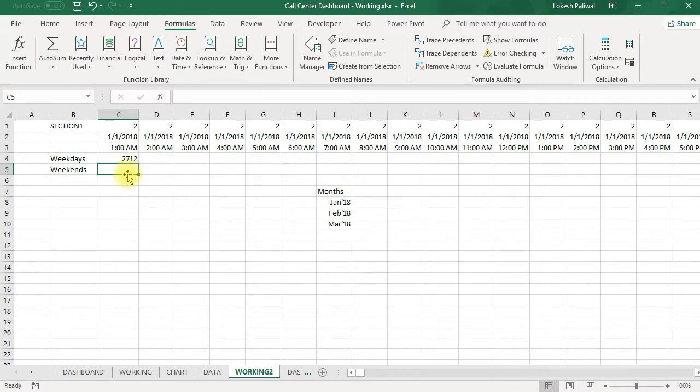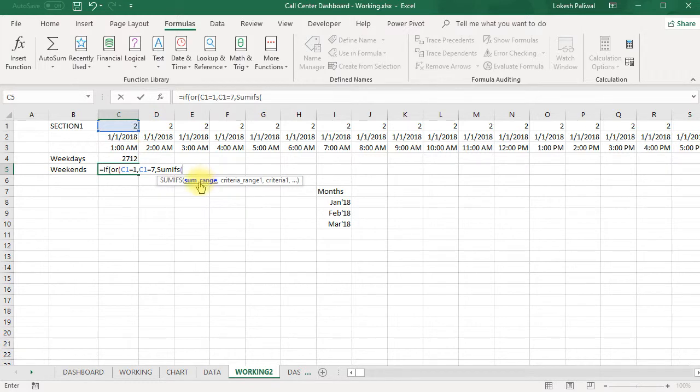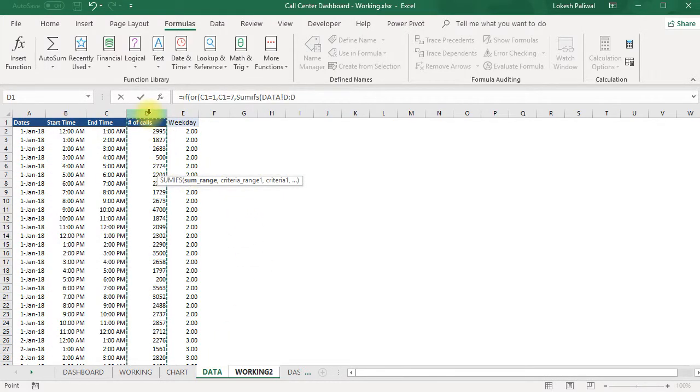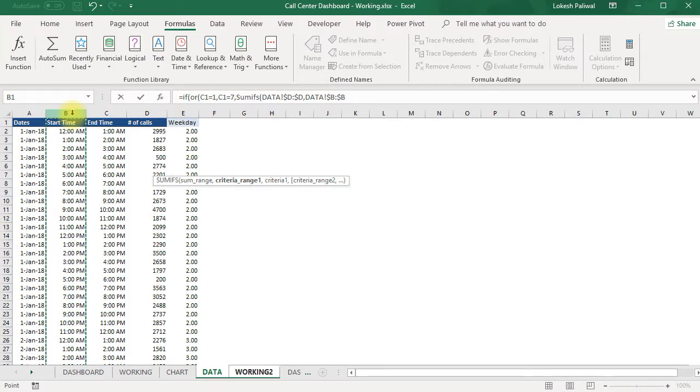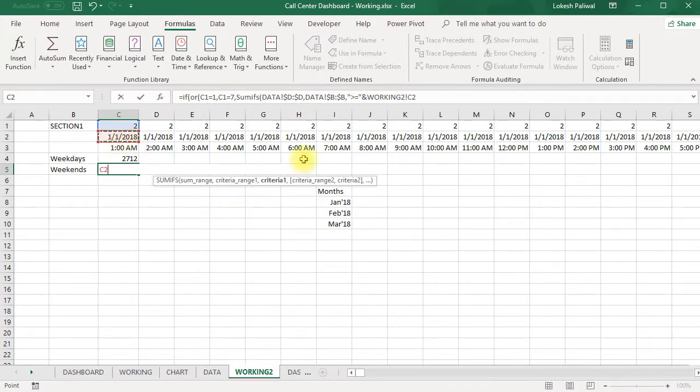Now here I will write a different formula, which is equal if this cell is equals to 1 comma, let's use OR function again here also, bracket open, this cell is equals to 7, then I want to use the same SUMIFS formula, correct, which is SUMIFS, bracket open, my sum range is from data, which is sum of my D column, comma, start time, apply dollar, comma, criteria 1 is greater than equals to, close double quotes, ampersand, in working to this range, apply dollar here,